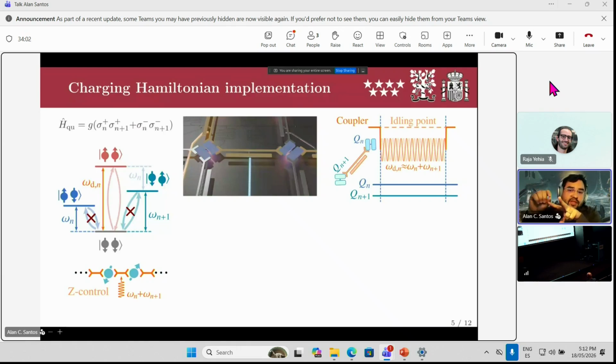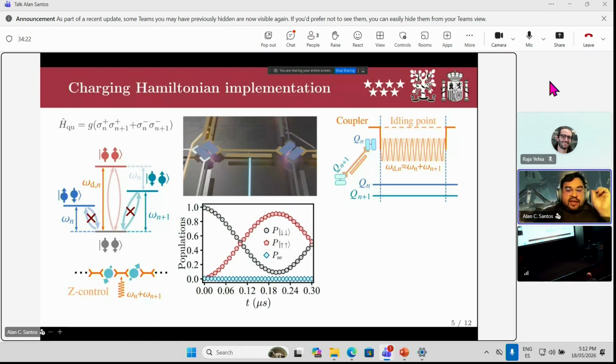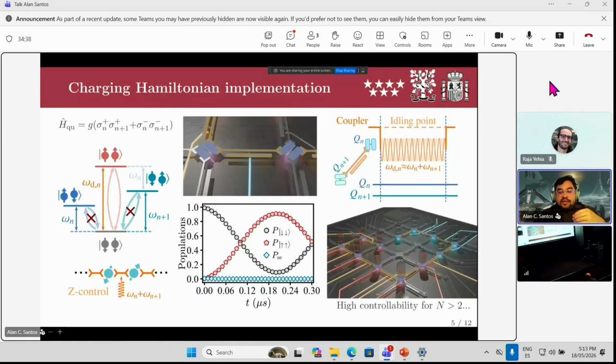So with this high-frequency flux, we can engineer a kind of interaction that mimics a two-photon transition. For example, this can be relatively well done for two qubits. So we see this transition from the total ground state to the two excited states. So it's a kind of anti-blockade mechanism, okay? And in principle, this can be scaled up for more qubits.